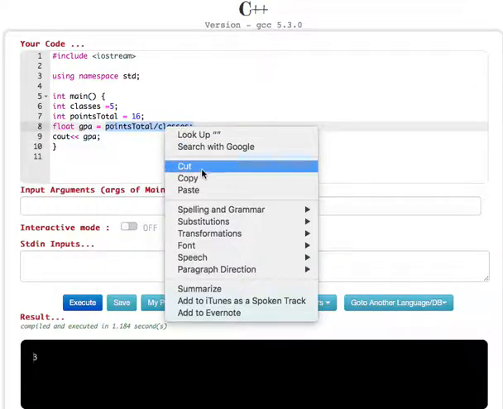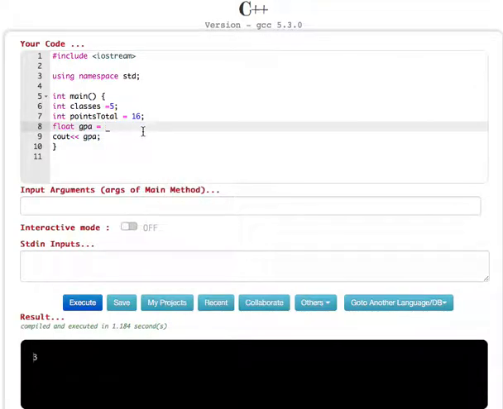Now let's try this. Let's cut this and put float right here, and now let's paste this, and now we should be able to get these decimal places. Okay, now you see we are getting 3.2, and those are some basic functions of double and float